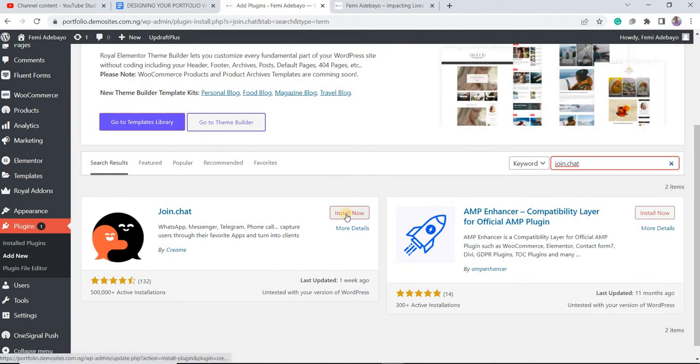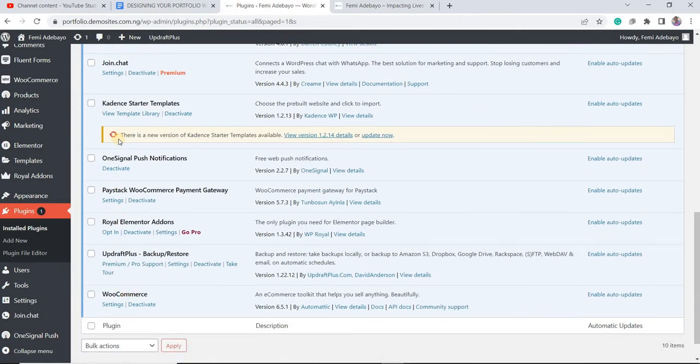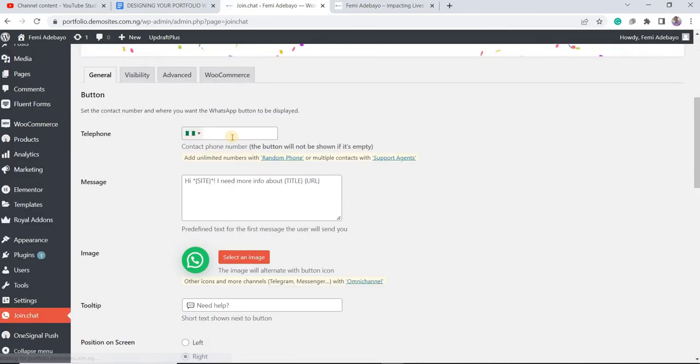So this is the plugin, install and activate. So then I'm going to come to settings, Join.chat settings. So it's going to ask you to enter a telephone number. I think I've forgotten it. So it's 161849949. So then if you want them to send a random message, just like hi, I'm copying this, hi, and